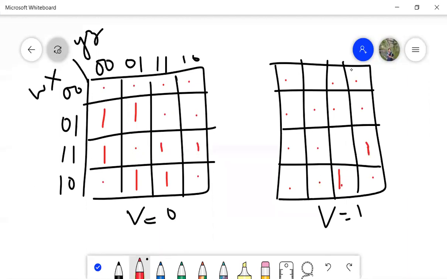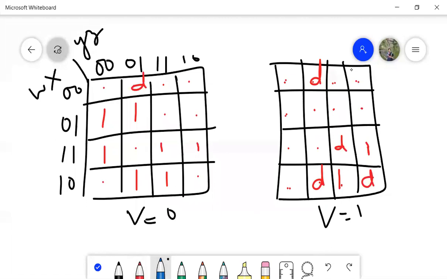Now what are the don't cares we have? Don't care of 1. I have a don't care of 1. Then I have 17. So I have 15 over here, 16. So my 17 will be over here. Then I have 25. So 16, 17, 18, 19, 20, 21, 22, 23, 24, 25. So I'll have 25 over here. I have 26 over here. And I have 31. 31 will be over here. This is the don't care representation we have done.